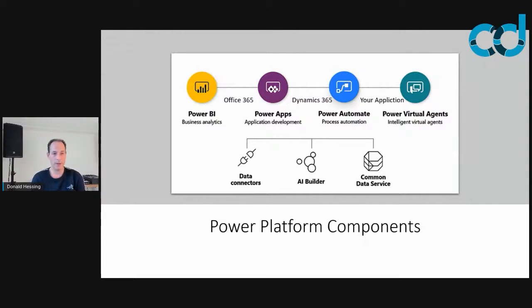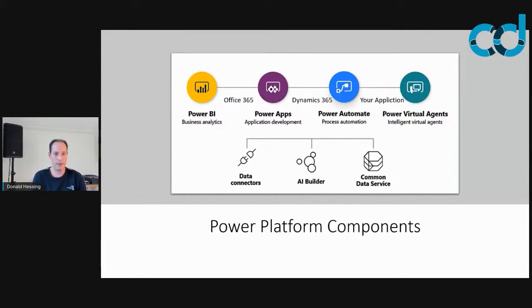The key components of the Power Platform, and these are kind of changing every other month at the moment, are Power Apps being your front-end application layer, having business logic or process automation in Power Automate, and then the ability to bring in sophisticated business analytics or reports within your solution, and lastly support for some virtual agents in your application. Now, they all share two important aspects, and that is the data connector and the capabilities that are behind it, things like AI or Azure components.